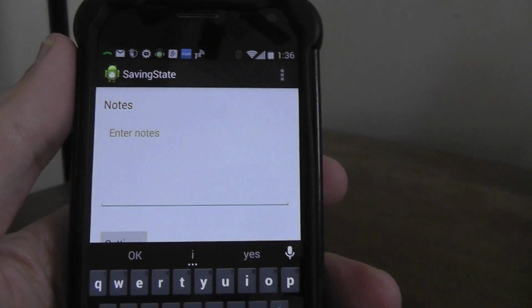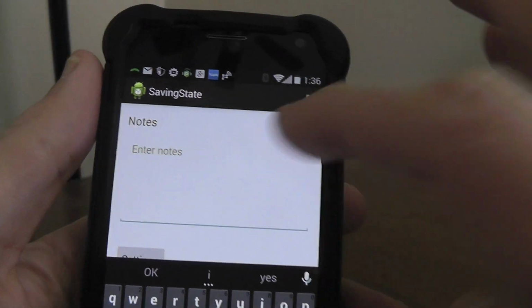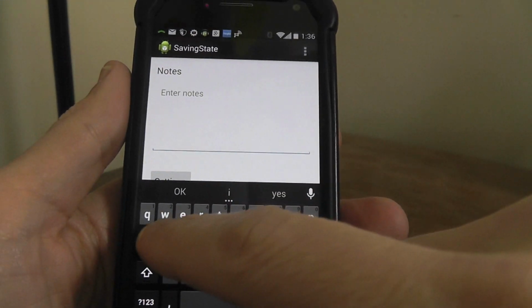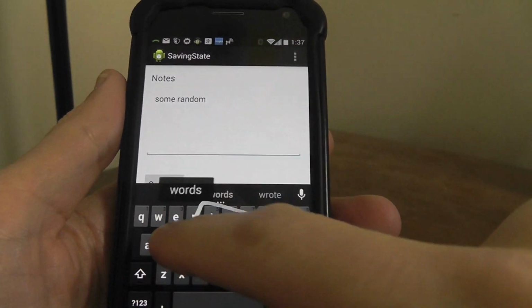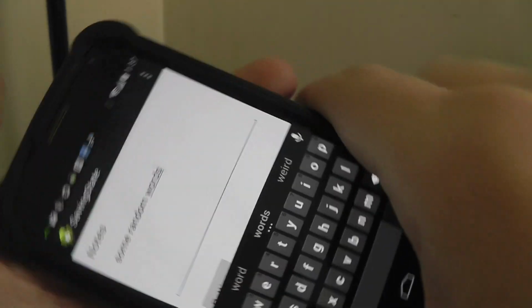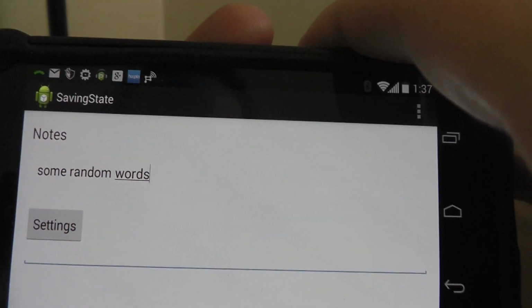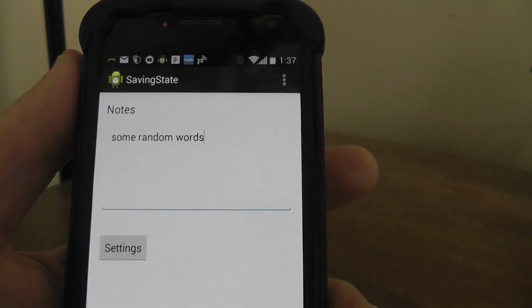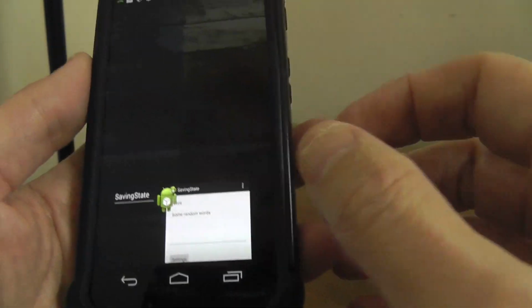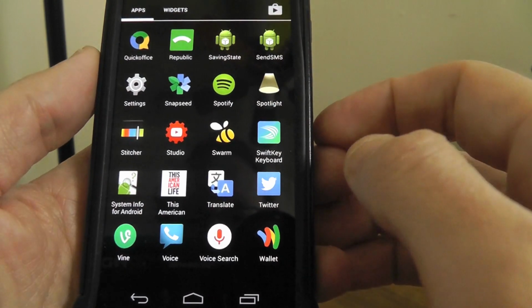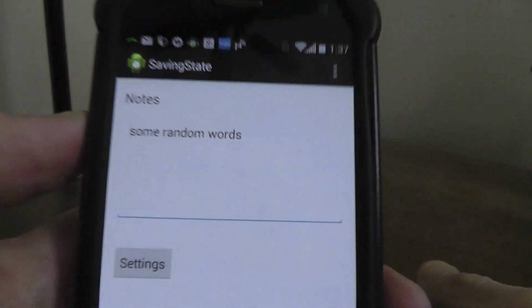Okay, so you see our little simple application here, and what we're going to be able to do is come in here and enter any type of note, and this information is going to be saved. And then first off, what I'm going to use is the saved instance state, and you're going to see that if the orientation changes or if Android forces this guy to close, it's going to stay there. However, it would be lost if the user would say go in there and force close the application, but since we're